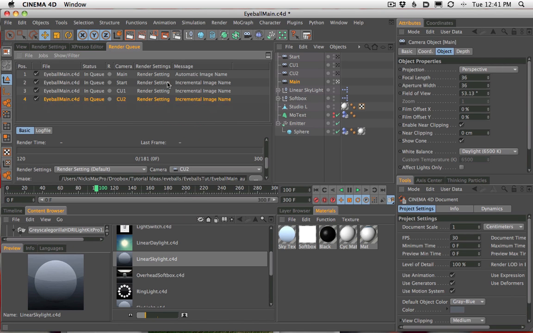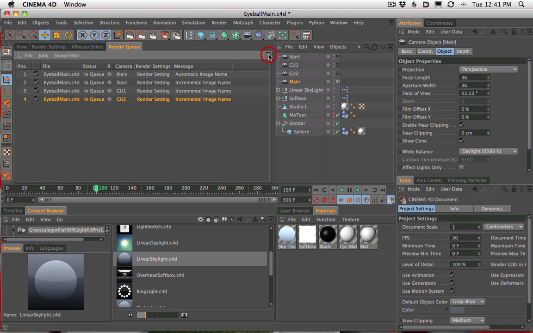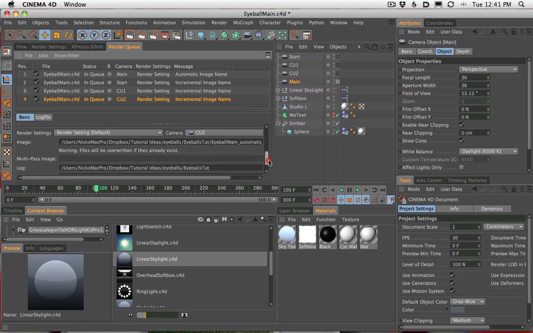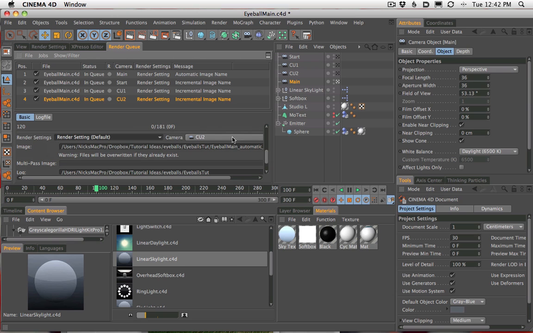So if we delete that last one and hit render right now, it would render this scene frames 120 through 300 on every camera. The only problem is we want different frames rendered on different cameras, and the only way I know how to do that is to make different scene files. Now, there's probably a better way. I'm hoping somebody actually tells me, Nick, you're doing it all wrong, you can actually use the same scene file with different frame numbers. But I can't seem to find it.